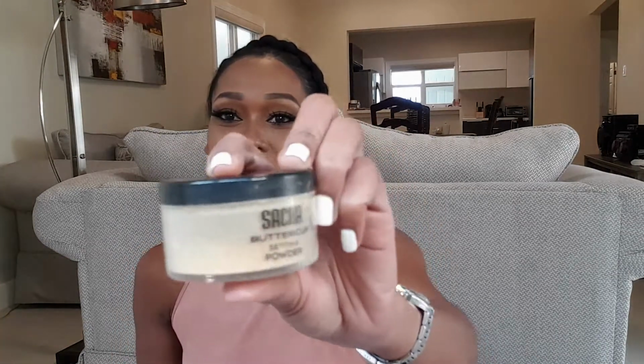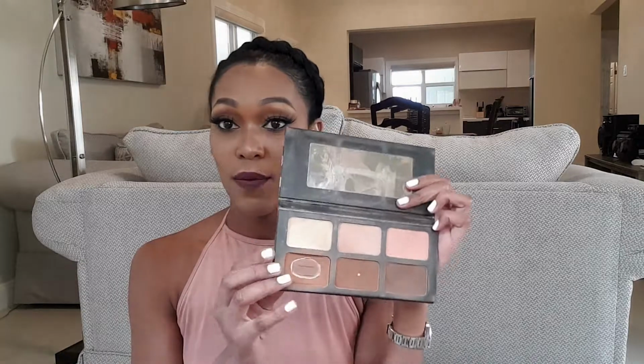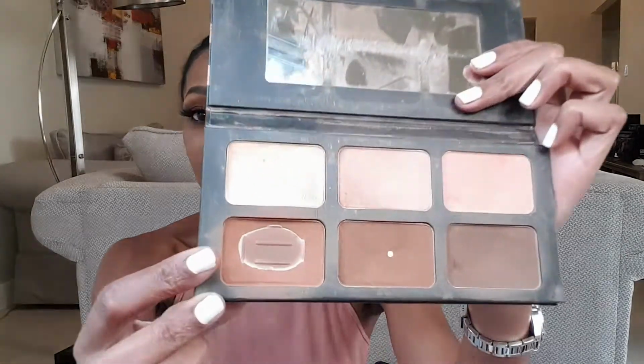After that, I go over it with my baking setting powder. Why do I always say baking powder? My setting powder, and this is what I use. And I set my face, so I put it under here, here, here, and maybe draw a little line across here and let my face set. After I set my face, after like a minute or so, that's when I use my contour palette